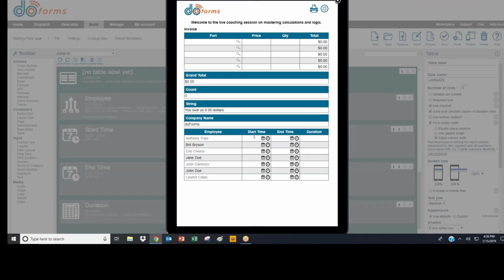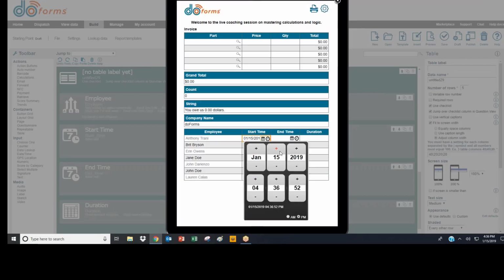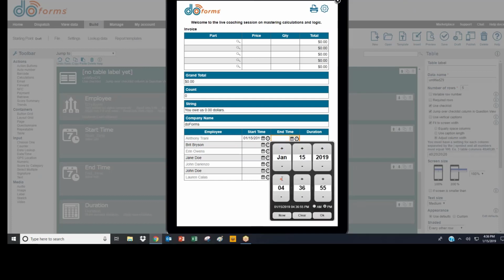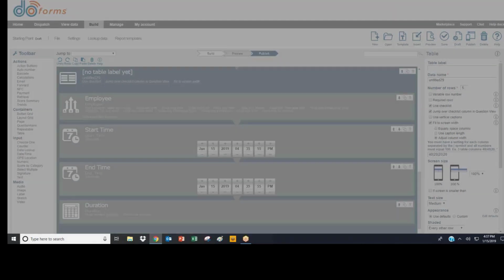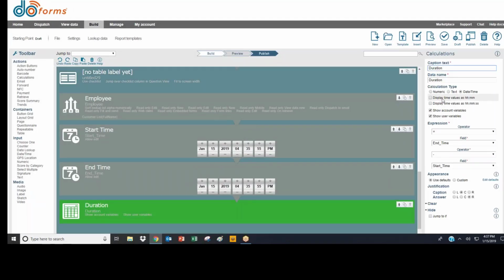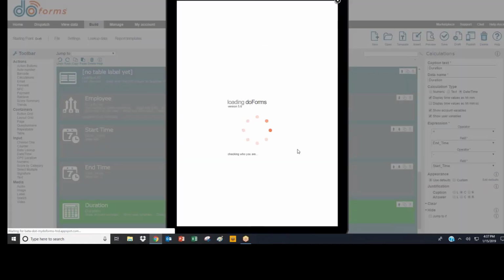And if Anthony goes in now and says, okay, I'm the supervisor, he started at this time and he ended at that time, and now we can go in. That duration is a digital. So if we go into the form and check off in that calculation, display the time in hours and minutes, if Anthony goes ahead and previews that again,